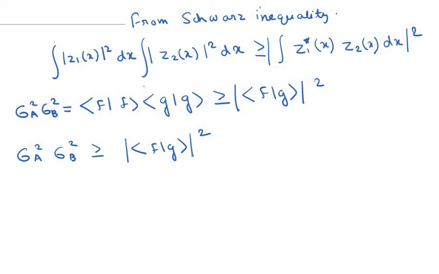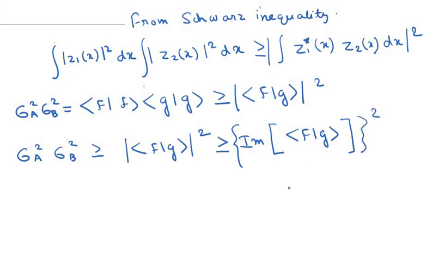Mod of inner product of f and g square is greater than or equal to the imaginary part of fg square. Okay, because any complex number, the mod of any complex number is basically equal to the square of the real part, which is real z1 square,